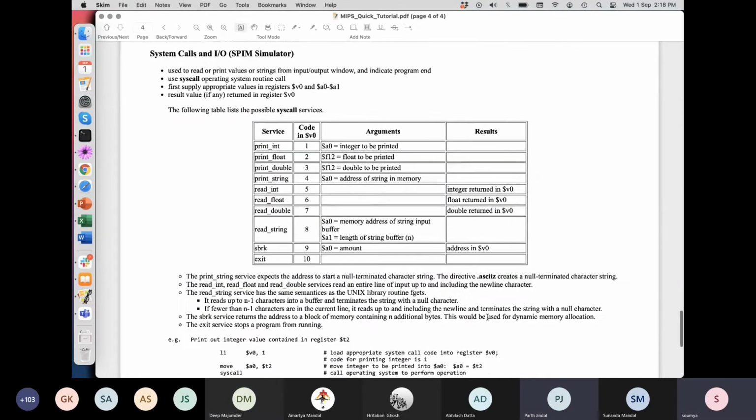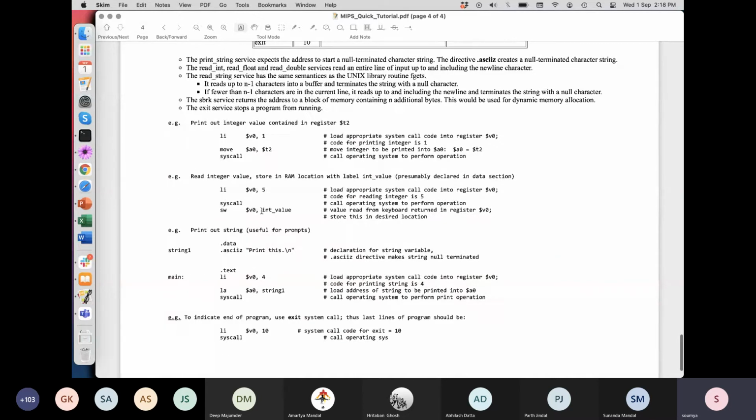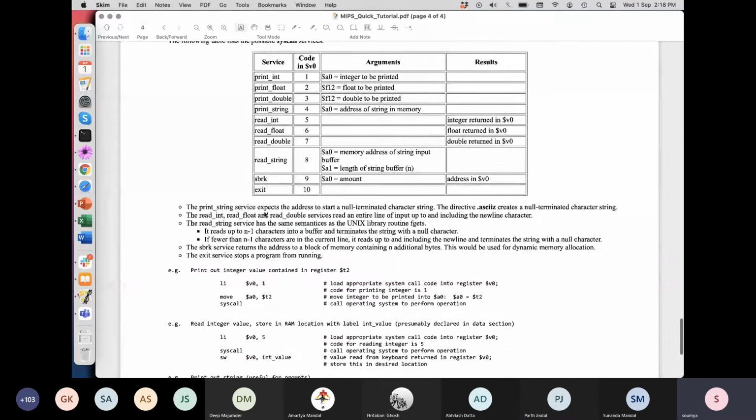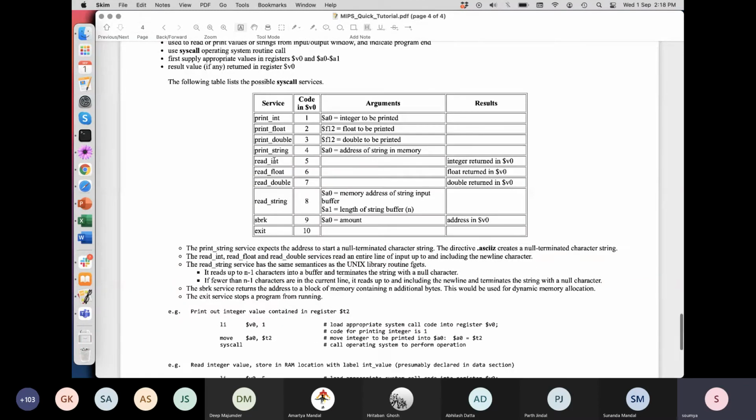So that means you know how to do basic printing or basic scanning of values using suitable system calls. Just to summarize, it is a very simple thing. The idea is you have to do I/O along with basic computation, and I/O is implemented using this interface of system calls in the SPIM simulator. These are the different services on offer.